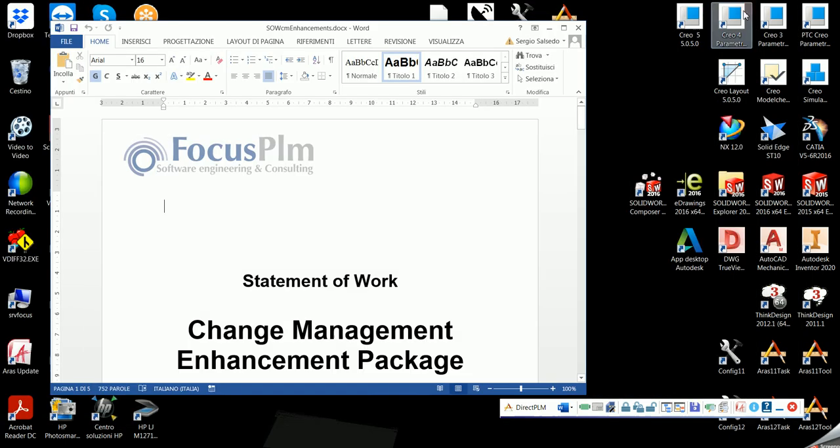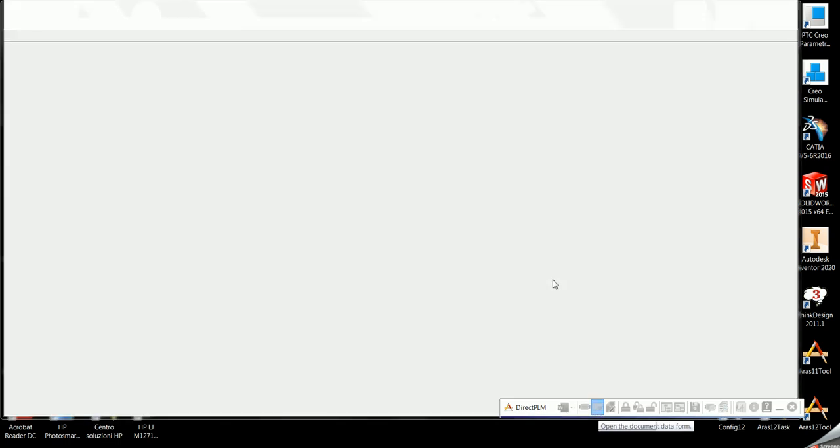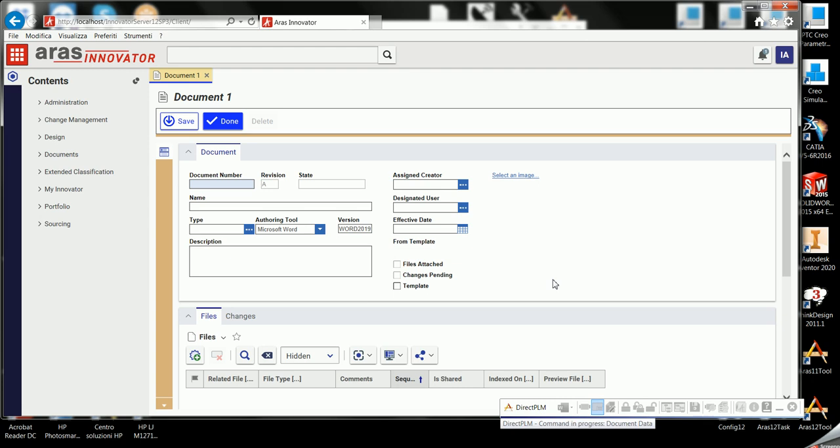Then we will need to provide some identification for this new document. There are different use cases possible. If you just want to handle this as a document without any relationship to a part, you can just use the edit document data command. This will pop up an ARAS form to provide the metadata for a document, starting from a document number,